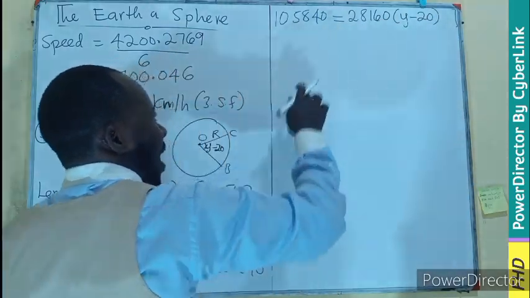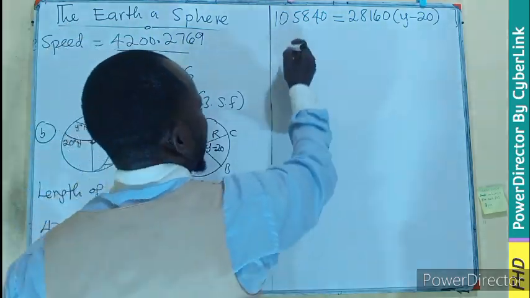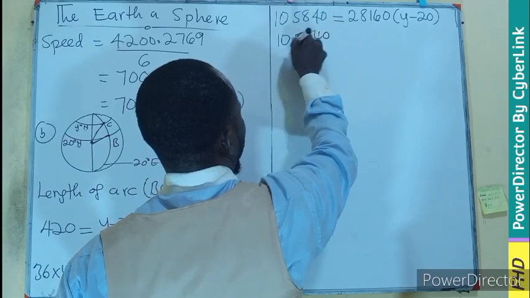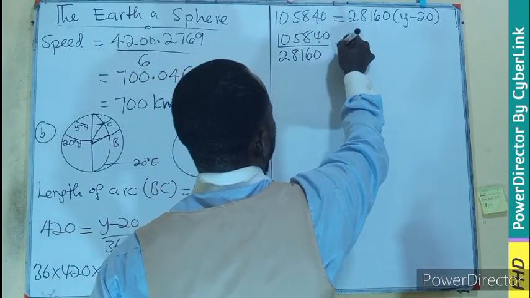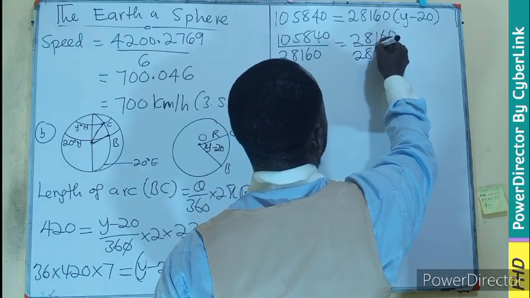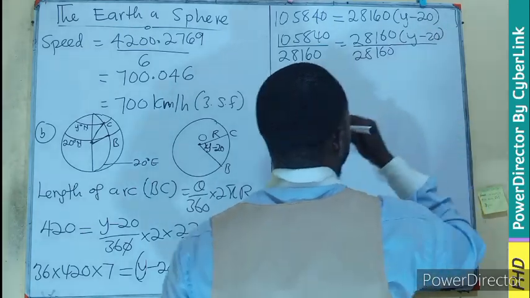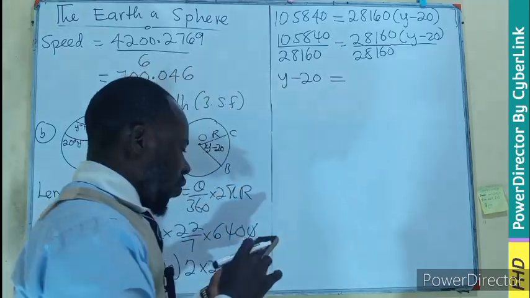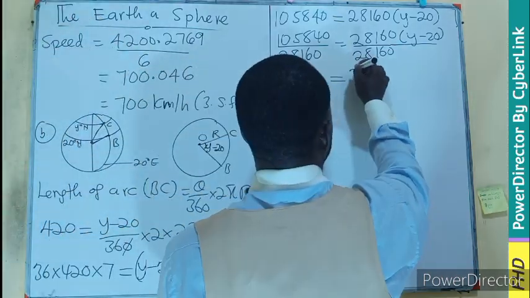So we divide both sides by 28160, meaning 105840 divided by 28160 equals y minus 20. So that simply means your y minus 20 will be equals to, that will be giving us